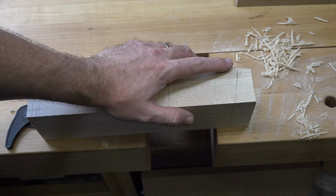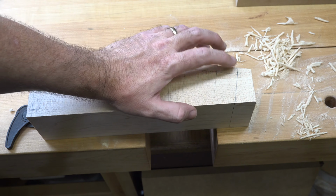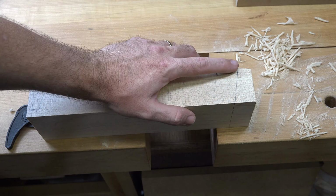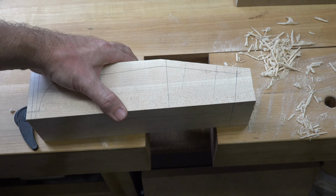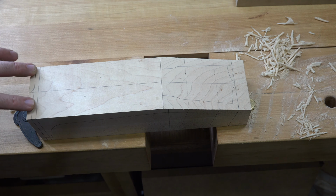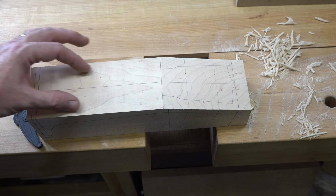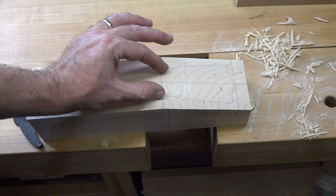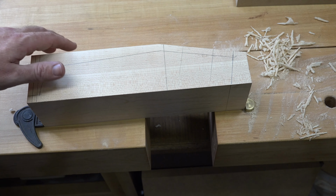Before we do this over at the bandsaw, I want to take this to the table saw and just cut this angle here. This will be a 12-degree angle, the same as what we cut the surface cut for the headstock. So we're just going to cut this piece off here at a 12-degree angle, and as well, I'm going to have to check the fretboard and transfer our marks for our fretboard onto the front of our neck stock so that we know exactly where to cut this for the width, as it is tapered from down at the bottom here near the body, and it tapers inward up towards the headstock. So let's go ahead and cut this 12-degree angle, and once we get that cut,